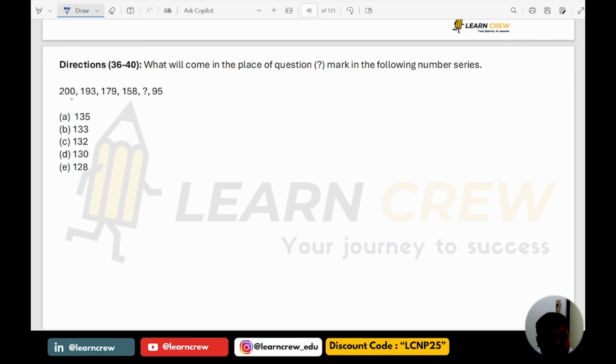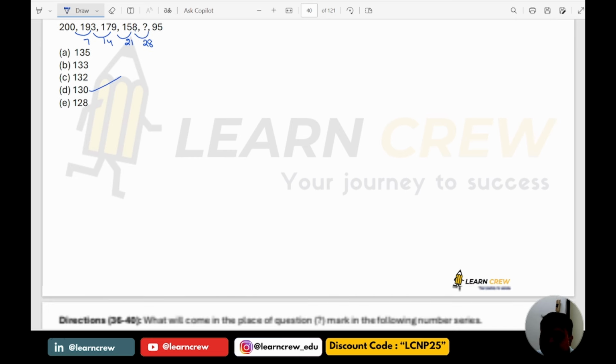So 200, 193, the difference is 7. 193 and 179, difference is 14. 179, 158, difference is 21. So 7 ones, 7 twos, 7 threes, so it has to be 7 fours, 28. 158 minus 28 is 130. So the answer is option D. Next,